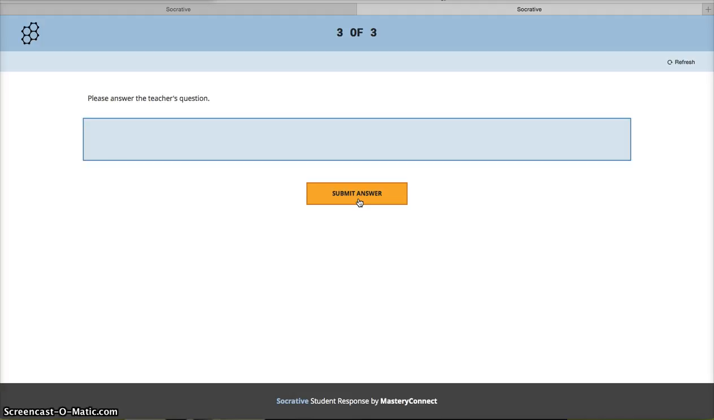This is the question that can vary from class to class. Okay, so it will always tell students, please answer the teacher's question, and then they can give their answer. So there's a few ways that you could do this. You could write the question up on the board prior to using the exit ticket. You can verbally give the question, and then students can answer the verbal question or the question that's written on